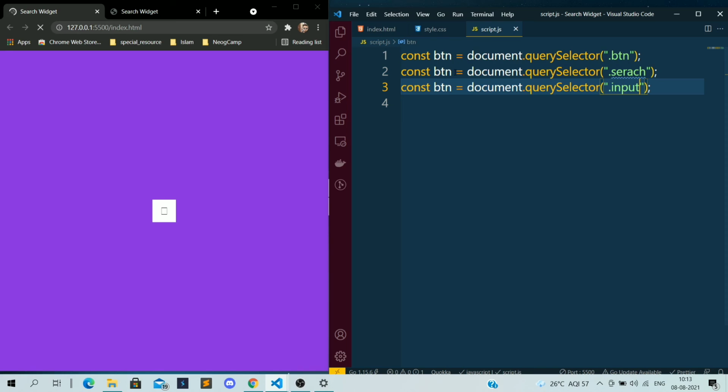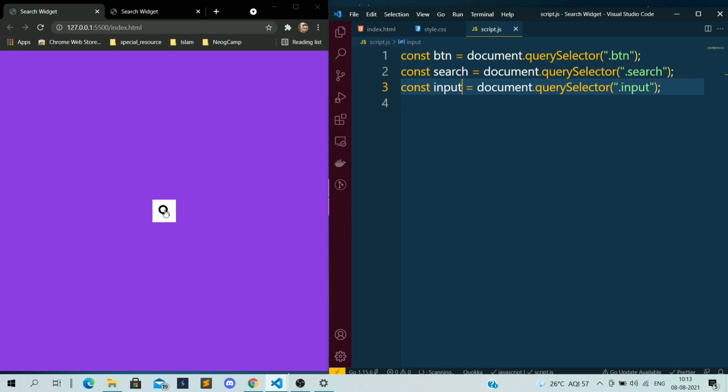Okay, sorry, again I have written the wrong spelling for search. Let's make a variable search. Okay, and let's make a variable for this input.